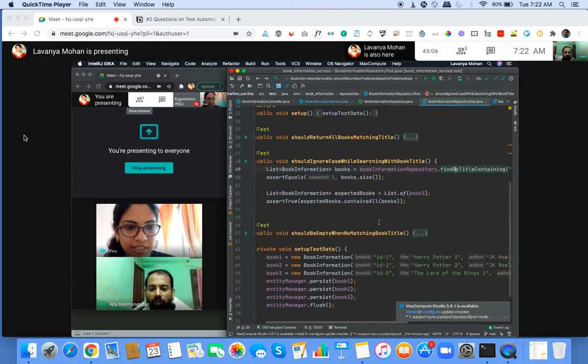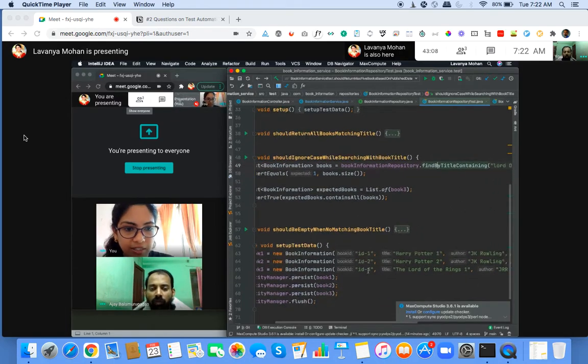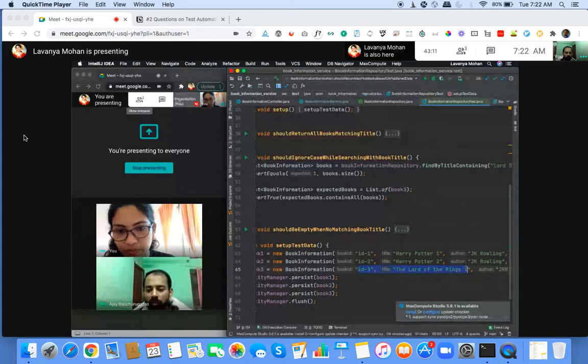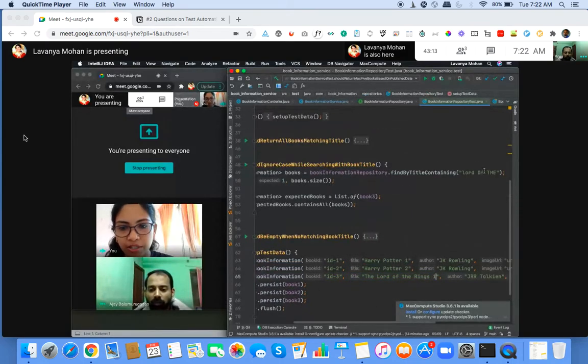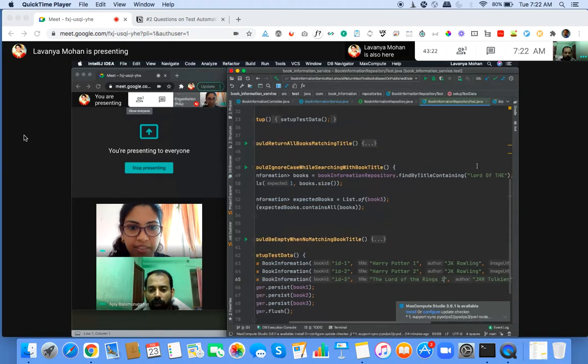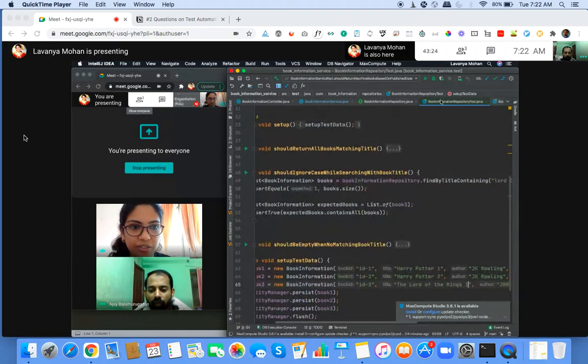As in, this test is to check if it gives exactly the book, so it might be okay to add it. That would really depend on how the team feels about it as well. Right. So this is what happens. So we saw the repository.